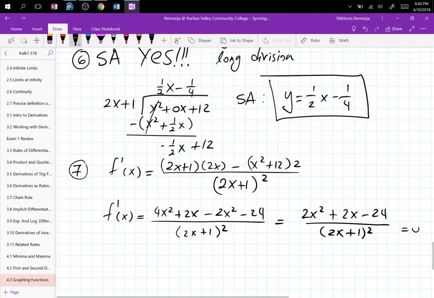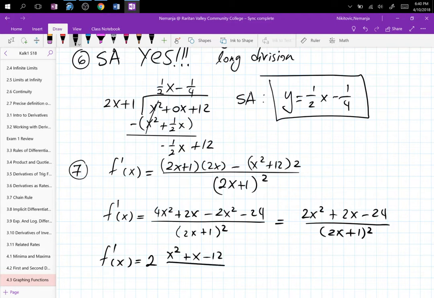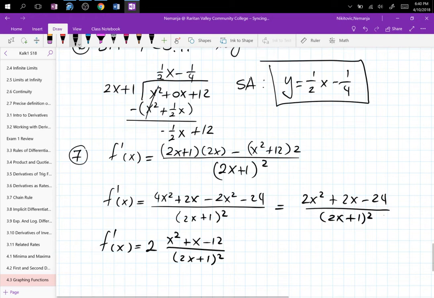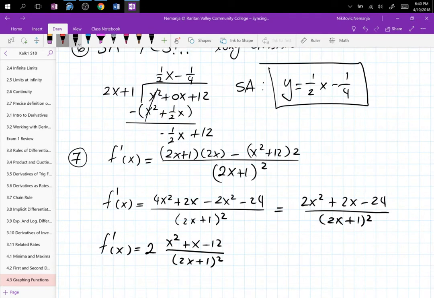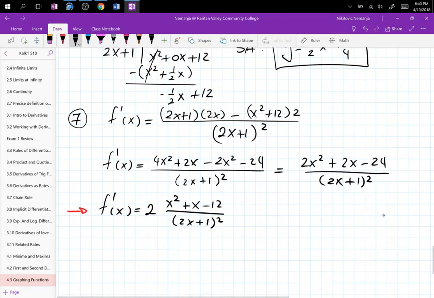Now equal to 0. Actually, you know what, let me write it one more time. So f prime of x is, you can factor out 2, and you get x squared plus x minus 12 divided by 2x plus 1 squared. And this is your first derivative. Actually, I don't want to box it because we're not going to use it for graphing, but we will use it for other stuff. So now when we set this equal to 0,